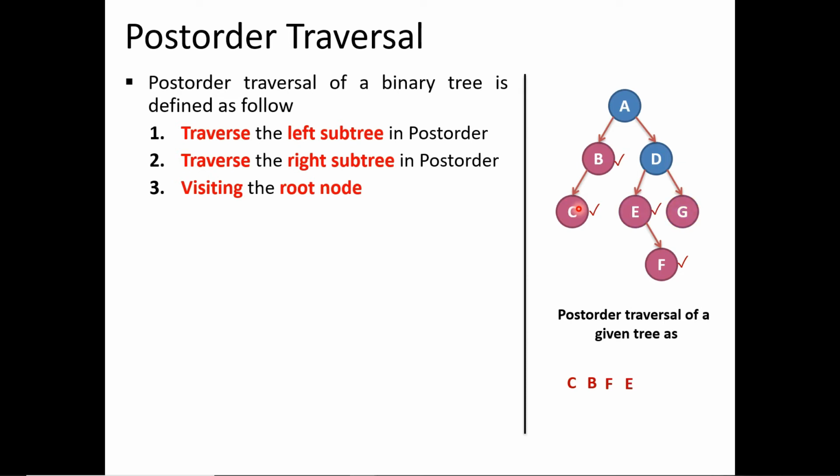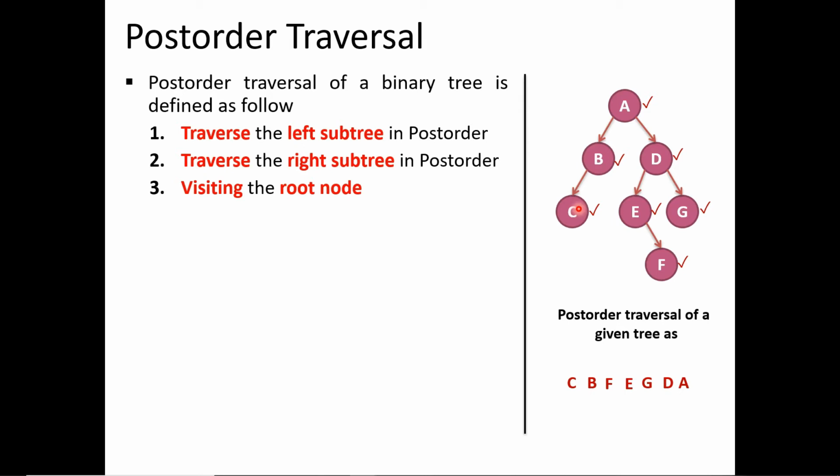Then G has become a leaf node of this right subtree, so we have to visit this node G and write G in post order traversal. Then now D becomes a leaf node because all these nodes are visited and D remains, so we have to visit this node D and write D in post order traversal. And at last we have to visit node A, that is the root node of the tree, and we have to write this root in the last position in post order traversal. So this is the post order traversal for binary tree.